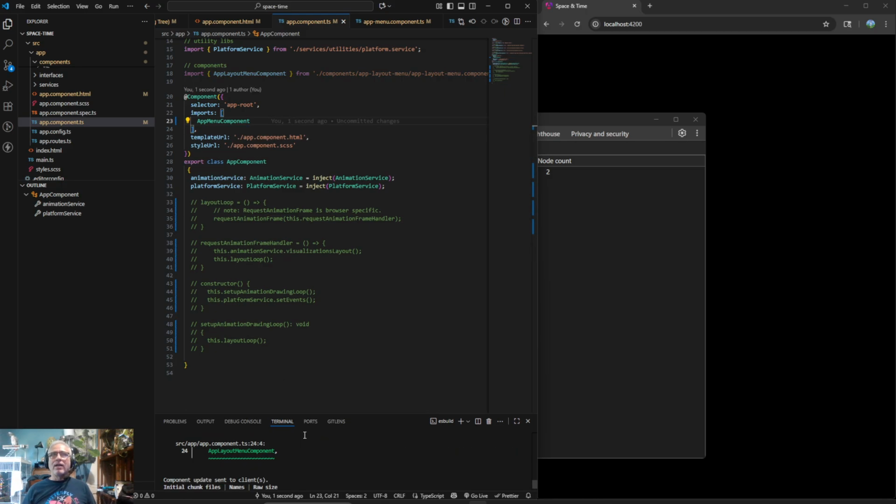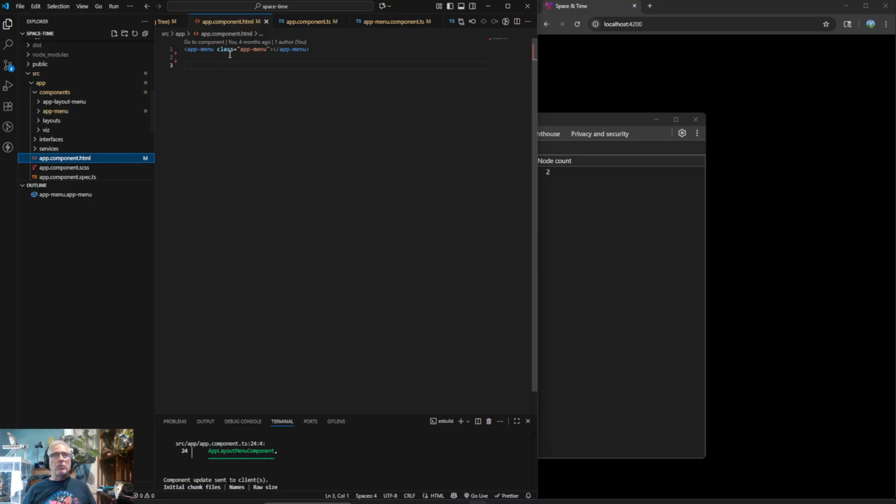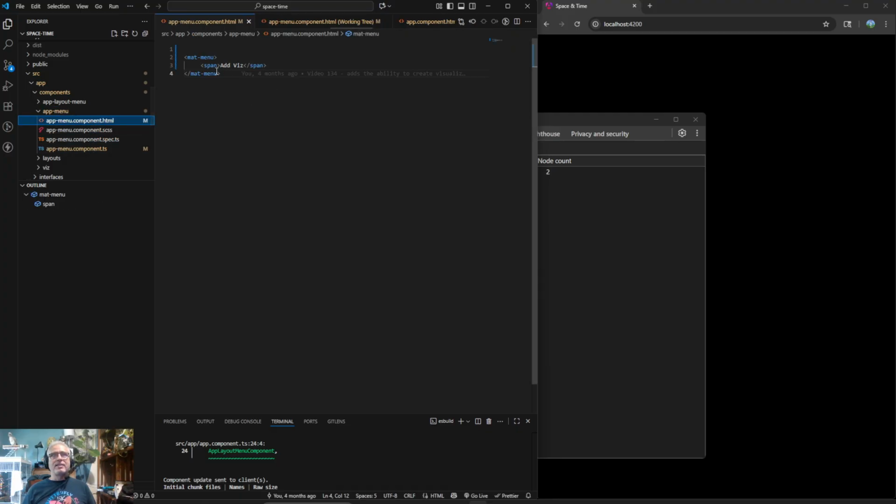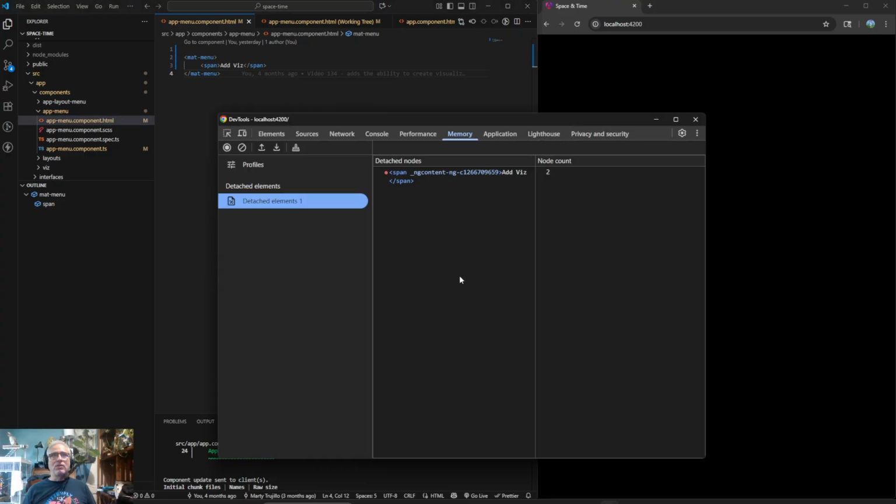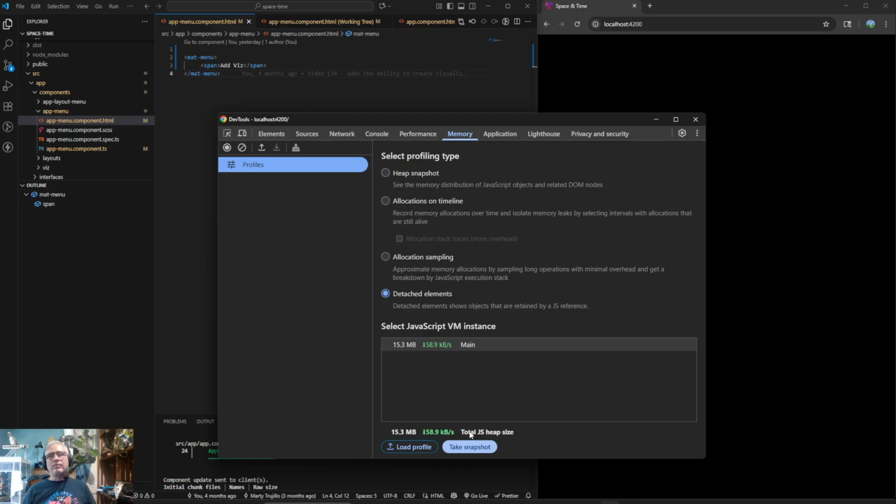Okay, so literally all we have is a component, a template, and then a component in our template that just brings in this one component, this app menu component, and then the app menu component, all it has is this mat menu with a span in there. So I don't think there's anything I could possibly be doing other than the fact of using it inside of its own component that might be causing this node to be this detached node